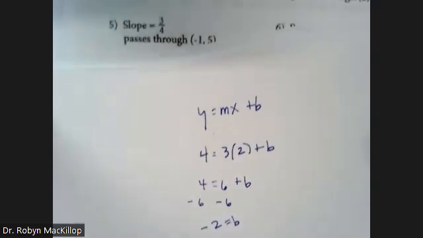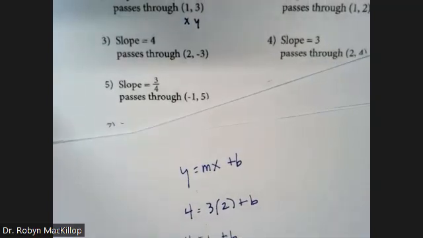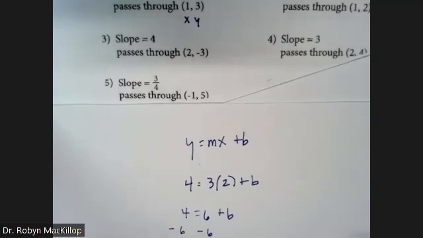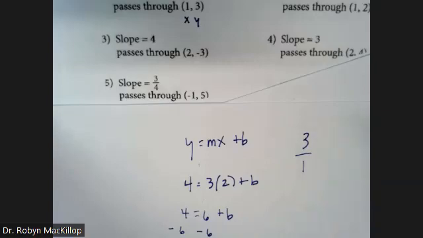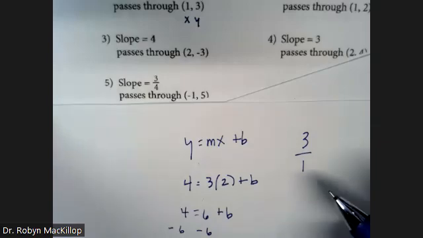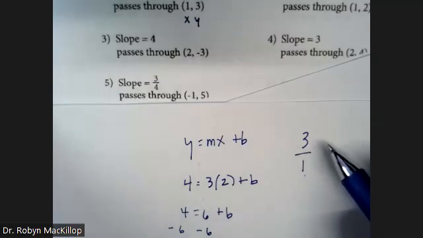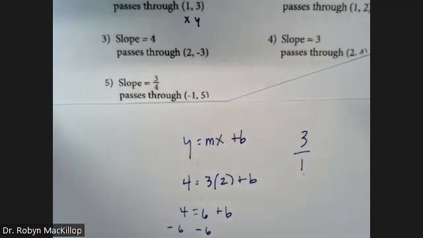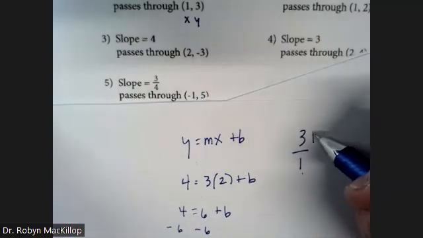So your slope is 3, but how do you take out the 1? Where is the 1 underneath? Anytime you have a whole number, it doesn't matter what it is, 1 or 1,000,000, you can turn that whole number into a fraction by putting a 1 underneath it. And for slope, it's easier to have a fraction because then you've got both your rise